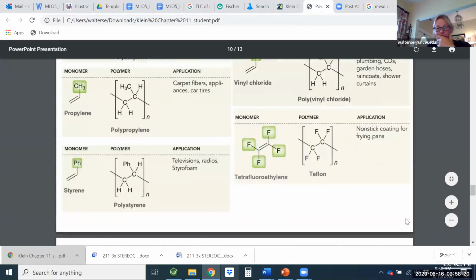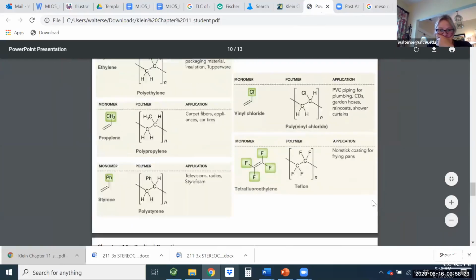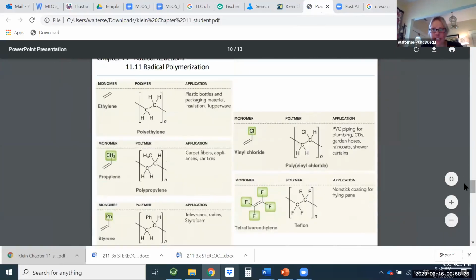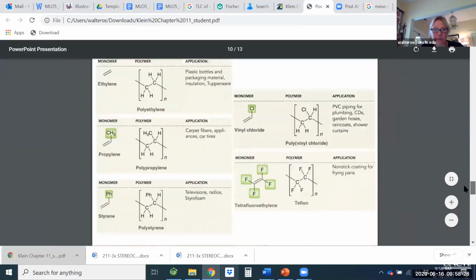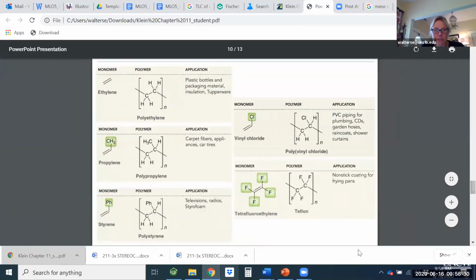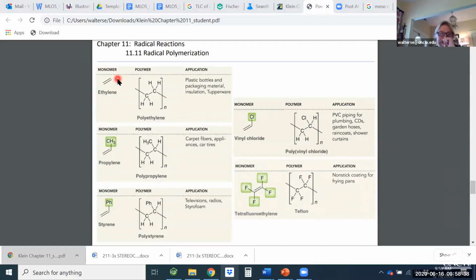Okay, here it is. So this is a table from your textbook. And what it's showing you is the structure of the monomer and then the resulting polymer. So this is the one we just looked at on the whiteboard where we had ethylene and then we make polyethylene. And it's just showing you how these things end up being drawn inside that square bracket